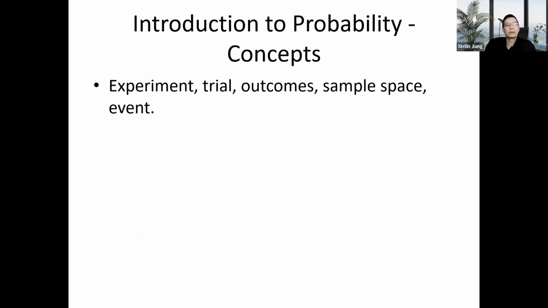Let's introduce some language about probability. I mentioned these things in the last class, maybe the class before the last class. A random experiment has outcomes that are not determined before you run the experiment. Each running is called a trial, and each trial has some outcomes. The sample space is the set of all possible outcomes. An event is a subset of the sample space. Okay, so this is the language.